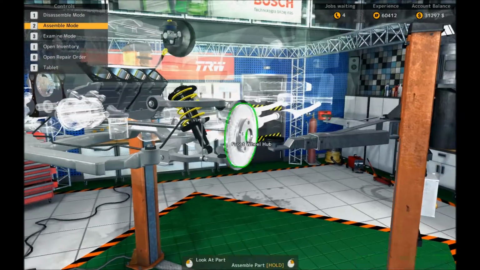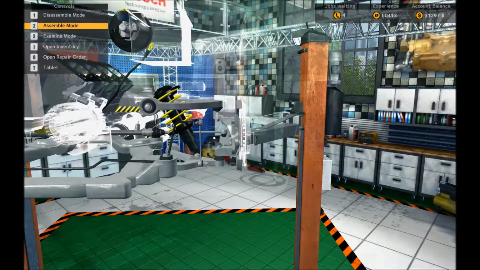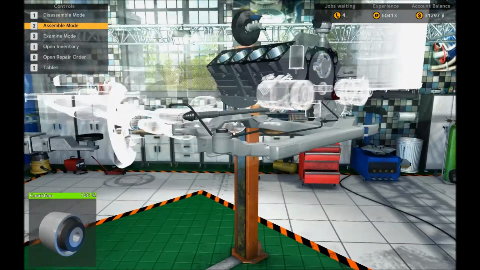Let's put that wheel hub cap in. Let's try and do it from an acute angle. Take twice as long. Okay, so now I've got this side. Now I don't have the hub or the thing for this side, but